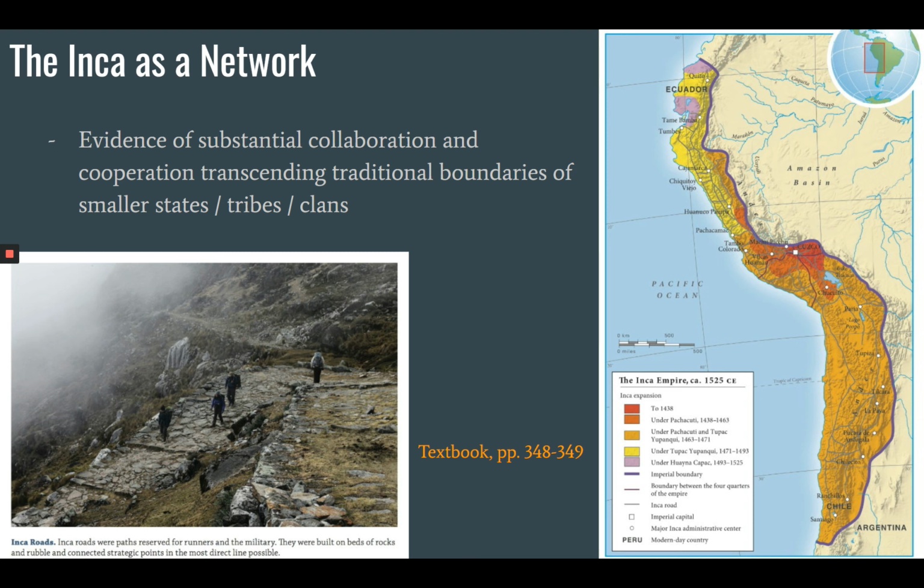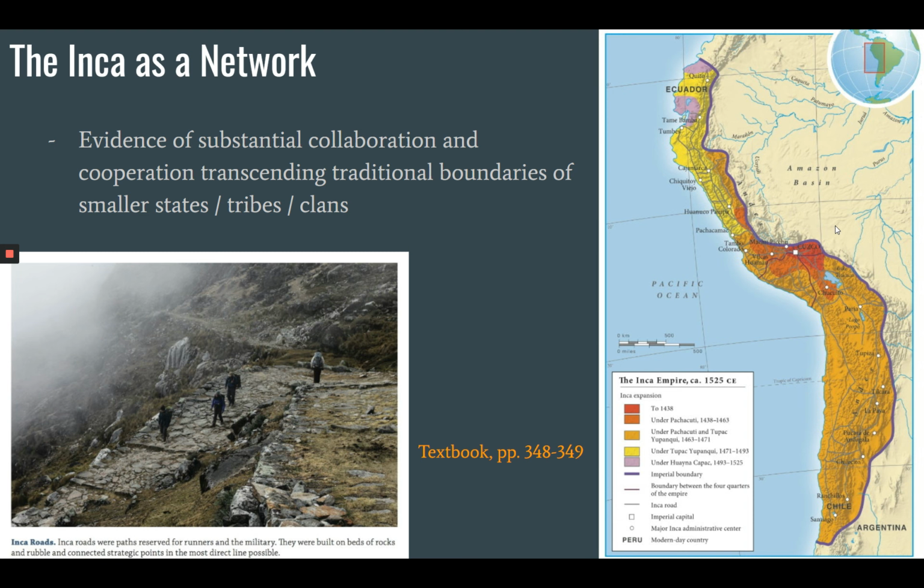It's this vast network of roads and bridges, which are made from rope, which need to be maintained and built up. The bridges themselves need to be built and rebuilt every couple of years, in some cases more often than that. And thus, it is not a single central power that is controlling and mandating all of this. There is a local impetus to cooperate and collaborate and create this large empire. It is beneficial to people both in and out of the center, for example, at a place like Cuzco.